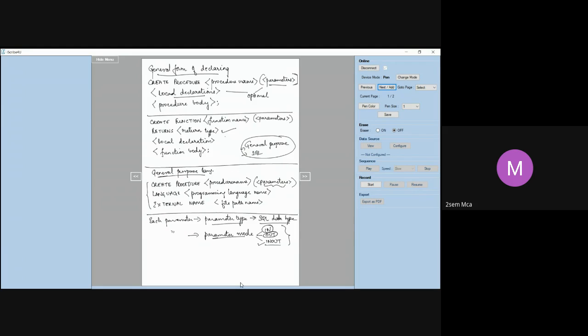If your parameters are only input parameters, you make use of in. If they are only going to return results, for output purposes, you write it as out. If used for both input as well as output, you write it as in out.